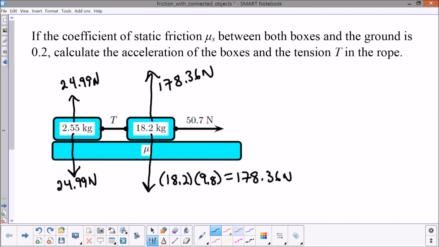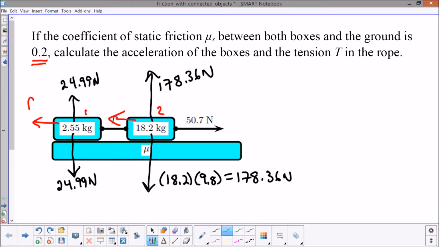The next thing to do is to look at the force of friction acting on each of the two boxes. So you're told that the coefficient of friction between each of the boxes and the ground is 0.2. Even if they weren't both the same value, it would be no different to calculate it. You would just have to be careful which box you were looking at and make sure that you use the correct coefficient of friction. So I'm going to call this box 1 and box 2 just so we could keep